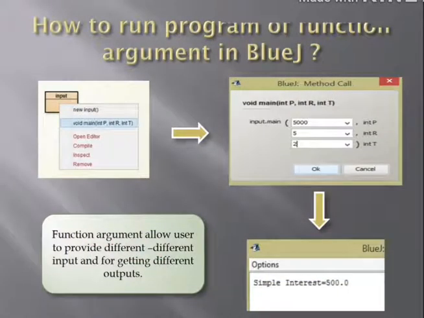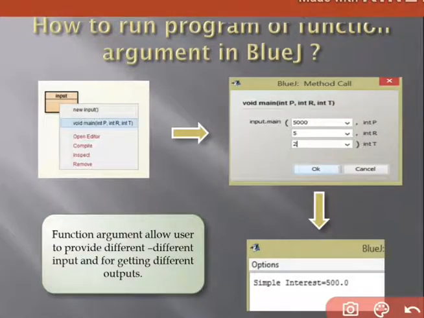See, the same way we have to go to the program. The box appears, input, right click on it, then we get void main, int p, int r, int t. After clicking on it, because we have 3 arguments, that's why we have 3 boxes also.